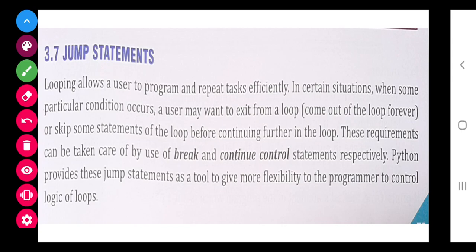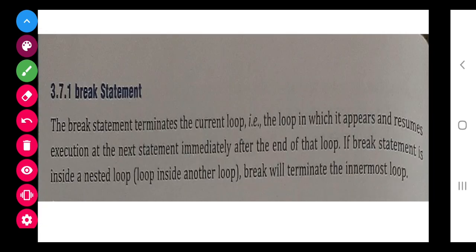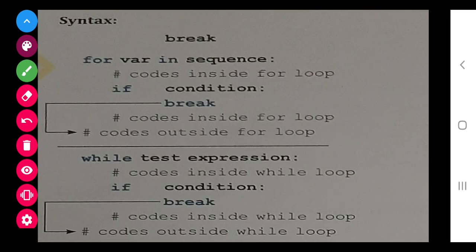Suppose for a specific condition I want to continue, I don't want to break, I don't want to display that particular value, I want to display the next one, so after that particular condition it should continue. For that I will use the continue control statement. So class, let's start with the break statement. As I have already told you, it is used to terminate the current loop. For the specific condition I want to terminate, I am giving you certain examples, go through them and understand.